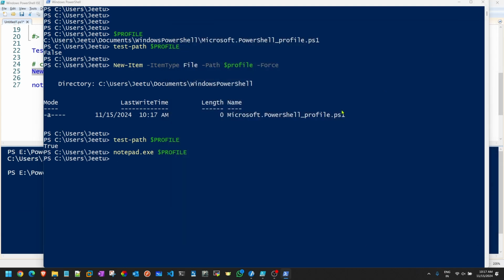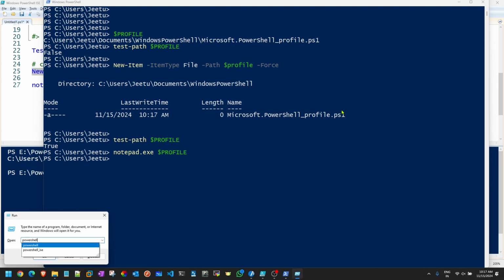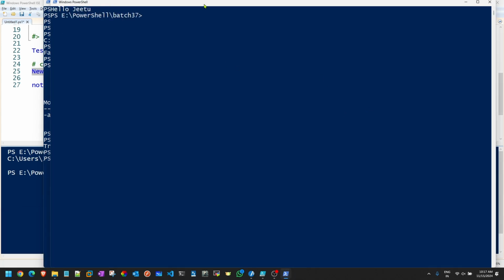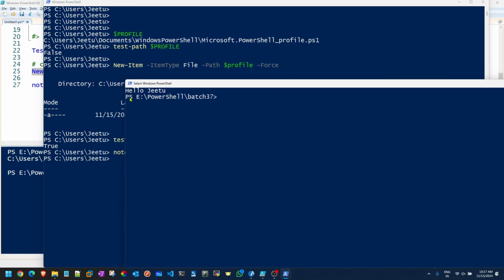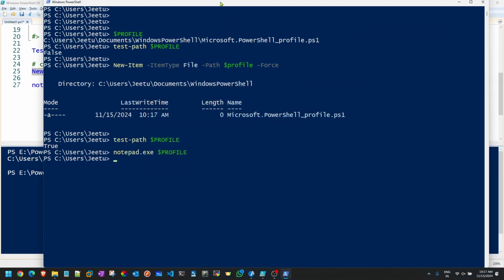Next time when I open PowerShell, see, it says hello G and the file path is also changed. Okay, this is what